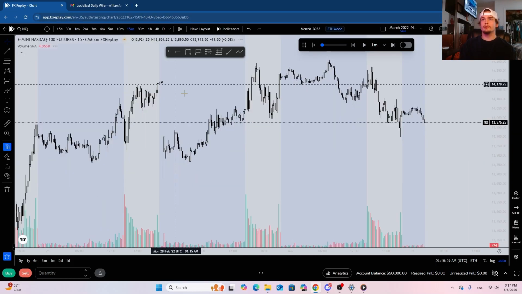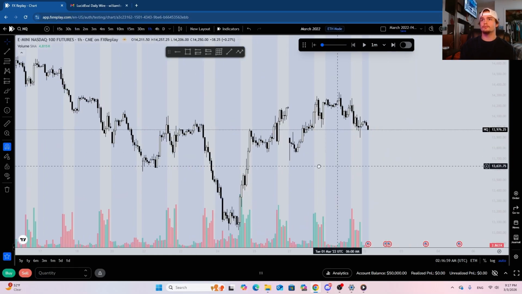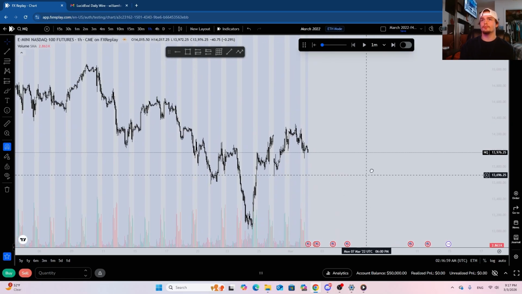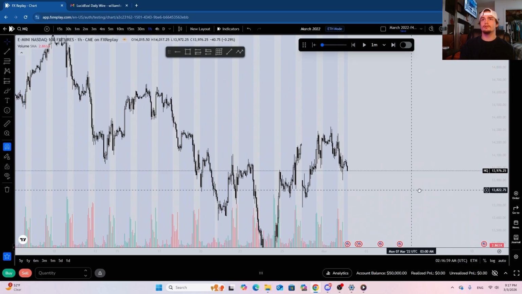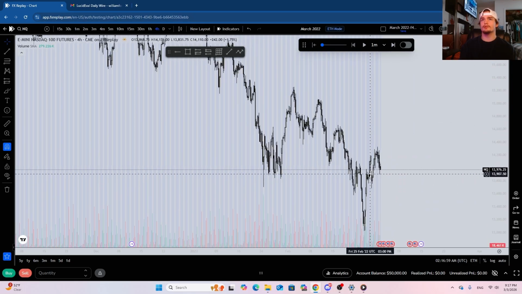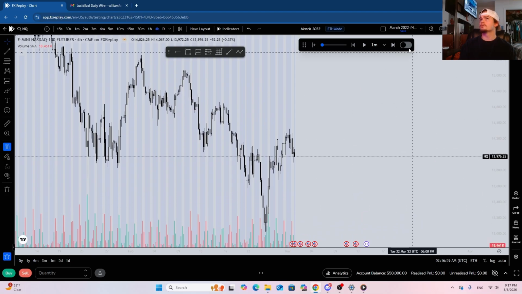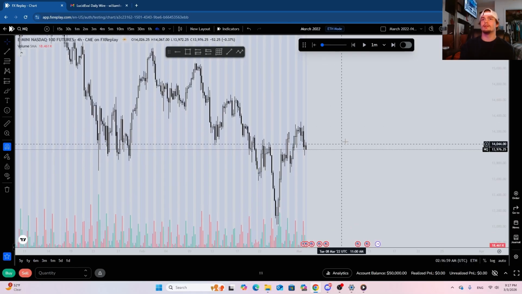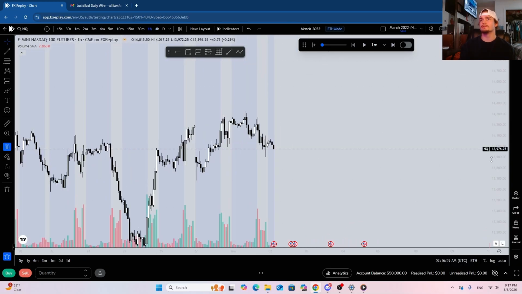All right, so currently we'll go on the higher time frames, kind of see where we're at. It's being a little buggy right now. I think I just have to mess with it. There we go. All right, so currently this is around during COVID, so I am expecting, yeah, we're in an overall bearish trend. All right, so let's see if we have any news for this day. Of course, the first day we have Powell speaking. Most likely not going to be trading this day, but we will see what price action gives us.